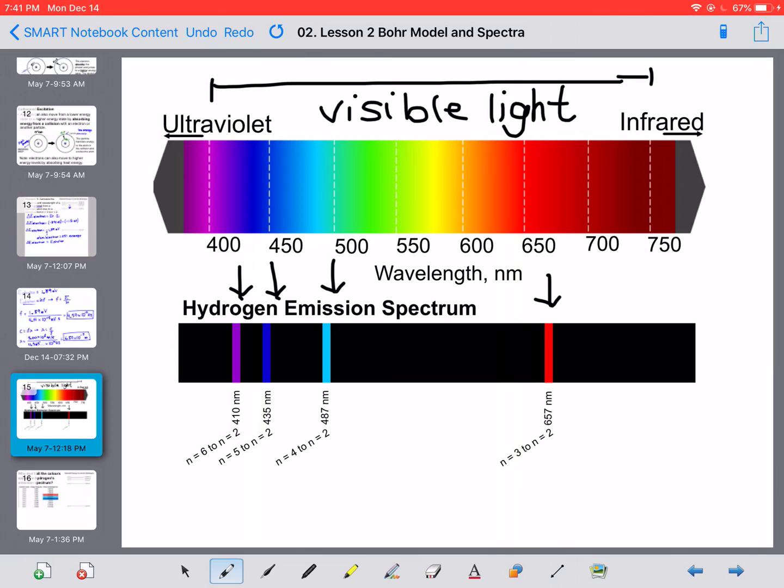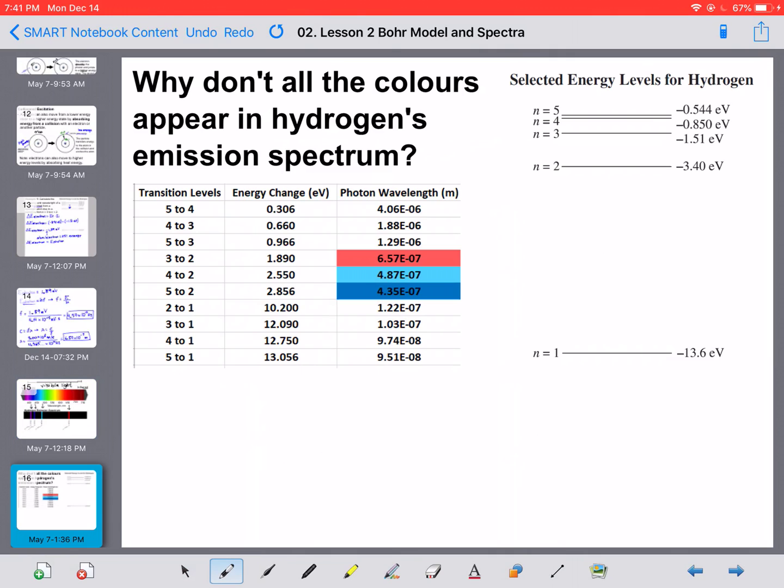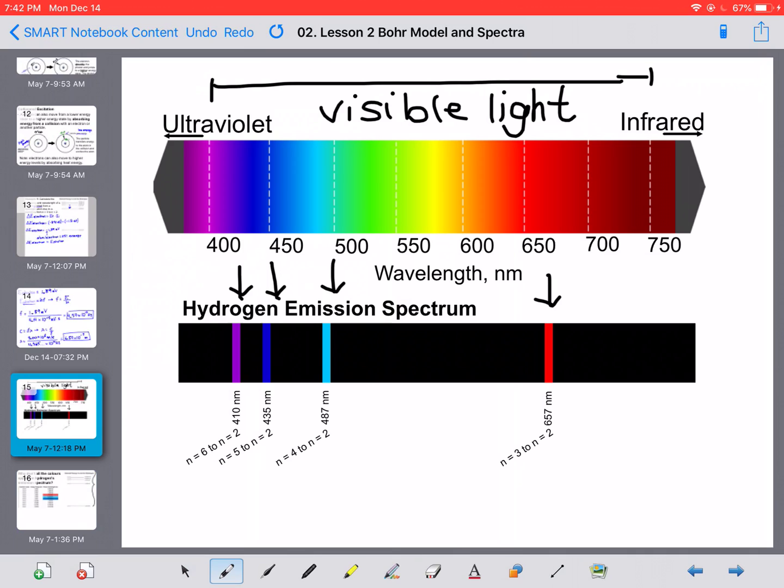And the answer is, we only see colors corresponding to the transitions within hydrogen's energy levels. So hydrogen's energy levels are actually shown on the next slide, and here they are. Okay, so hydrogen's energy levels are right here on the right of the slide. If you look at this diagram, if an electron within hydrogen goes from the 6th energy level down to the 2nd level, that's going to emit a violet photon. If you go from the 5th level down to the 2nd level, that's going to emit a darker blue photon,